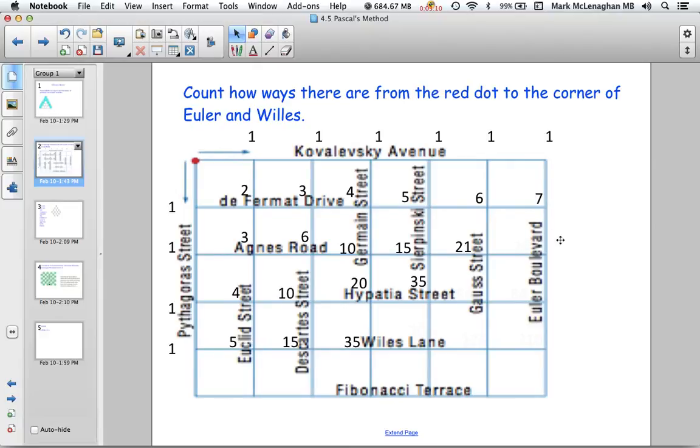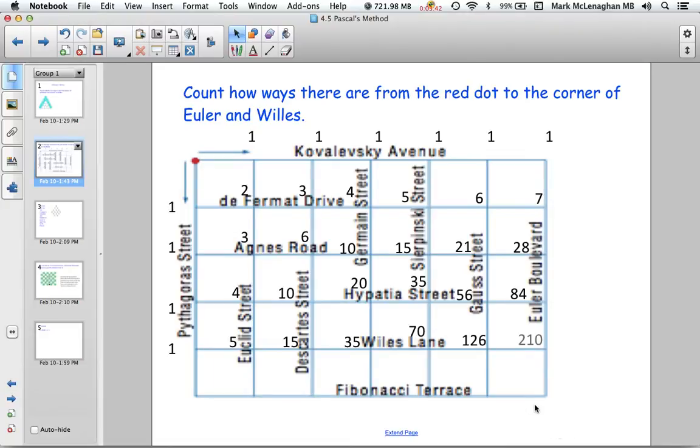So now that we've run out of space to go to the right, we have to come down. So 7 plus 21 is 28. 35, 21, 56. 35 plus 35 is 70. We add 70 and 56 to get 126. 56 and 28 is 84. And 126 plus 84 should give us